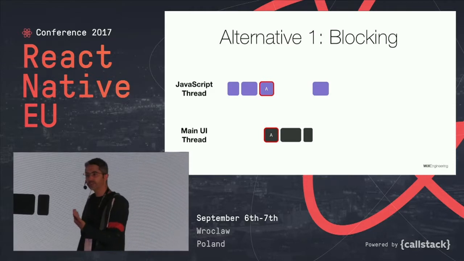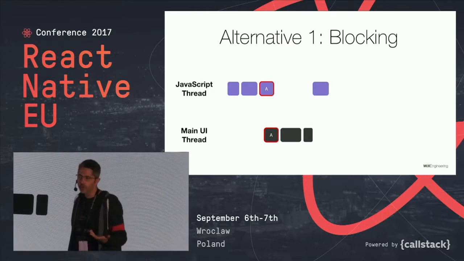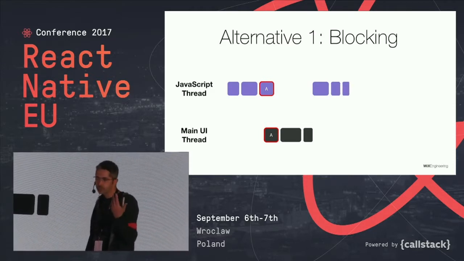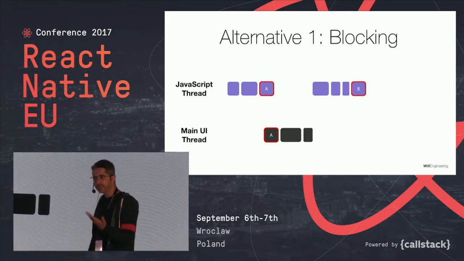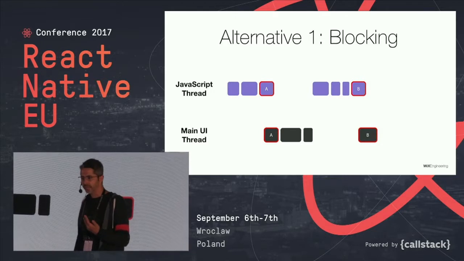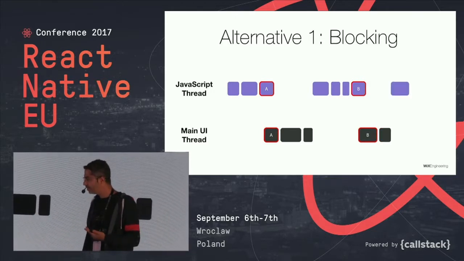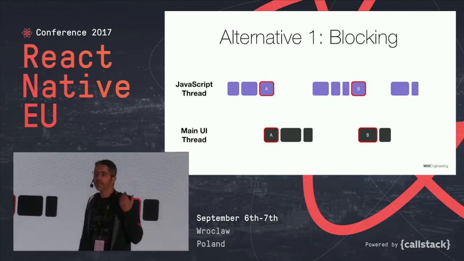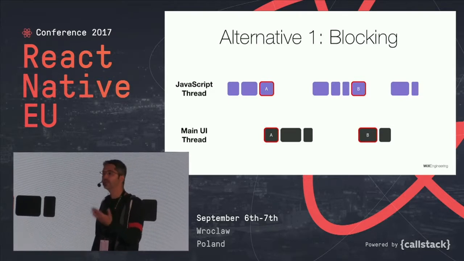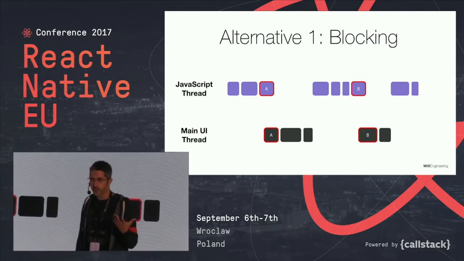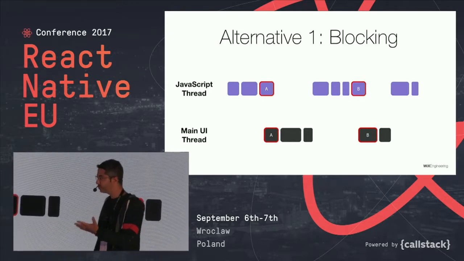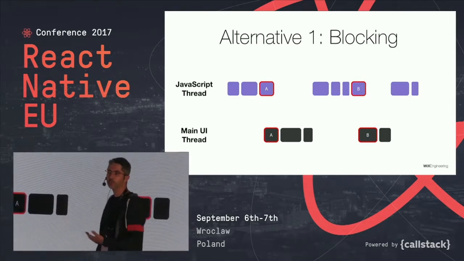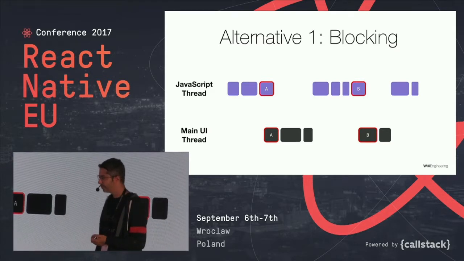And then when the response is ready, JavaScript could continue running, and it would schedule more unrelated work, and then there would be maybe another message. And the same thing would happen. You would wait for the native side to handle it, and then the native will run, and it will come back and return. So this is effectively, you could say, running both threads on one thread. And there are systems built around this concept. For example, NativeScript is closer to this than React Native.